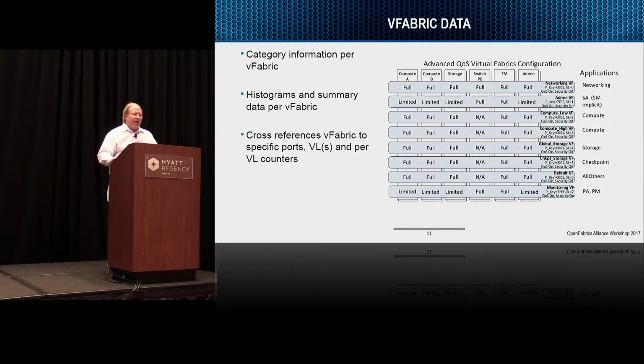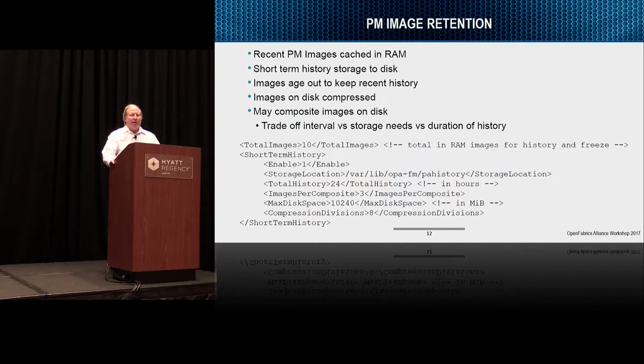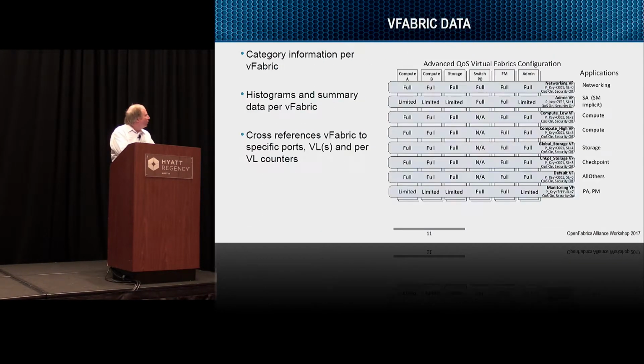Then the other dimension is around virtual fabrics, which is another element we cross-reference against. So the simple version of this is virtual fabrics is a vehicle for describing quality of service and partitioning of the fabric. And so there'll be various virtual fabrics shown horizontally in this picture. And then various devices that may be members or of limited or full or not a member of a particular